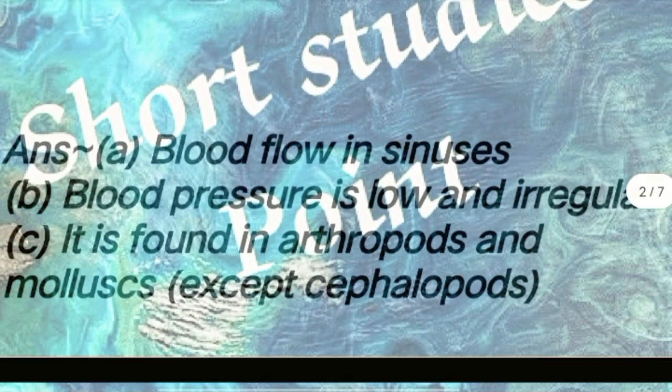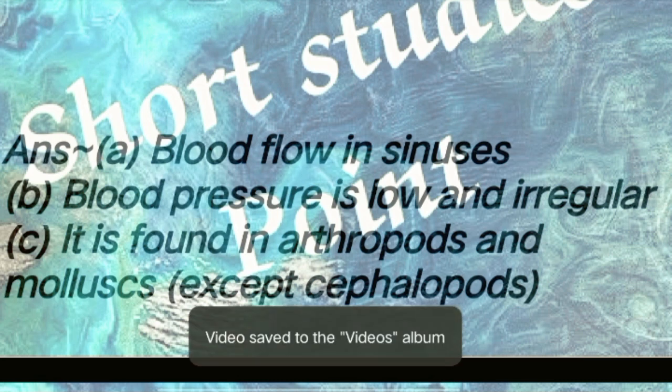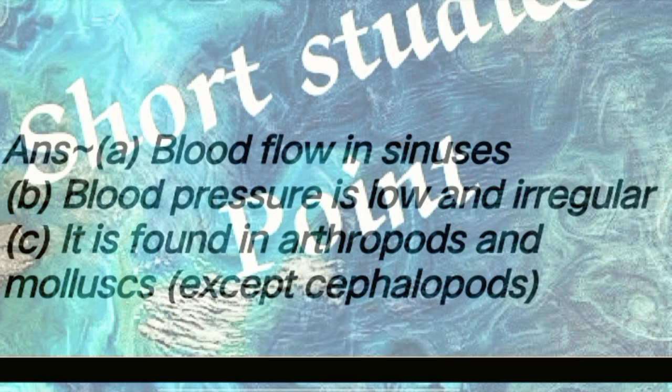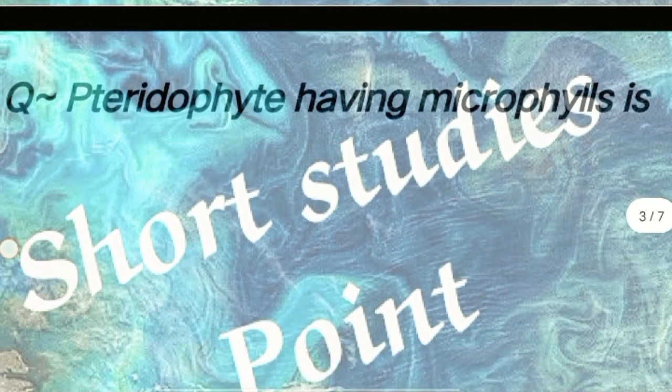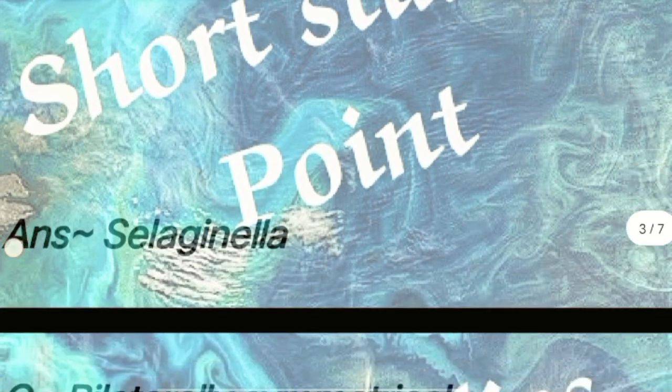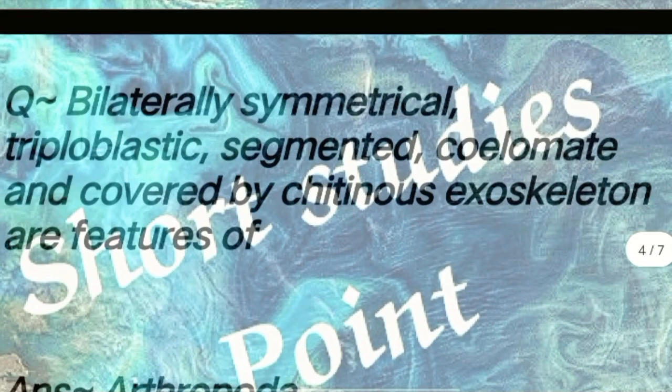Answer: A. Blood flows in sinuses. B. Blood pressure is low and irregular. C. It is found in arthropods and molluscs. Next question: pteridophyte having microphylls is. Answer: Selaginella. Next question: bilaterally symmetrical, triploblastic, segmented coelomate and covered by chitinous